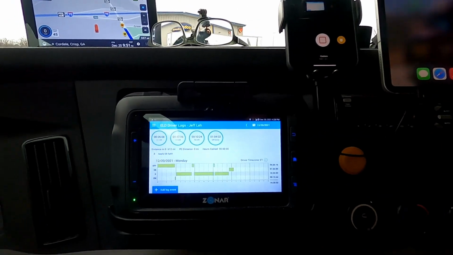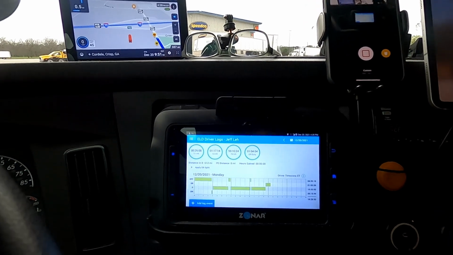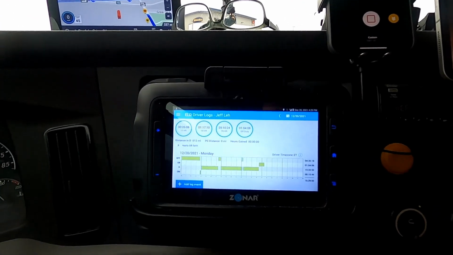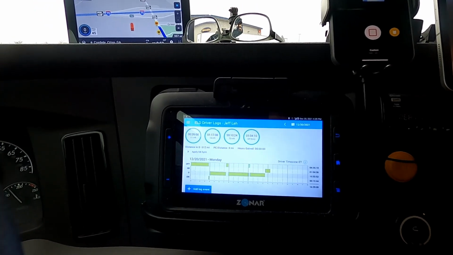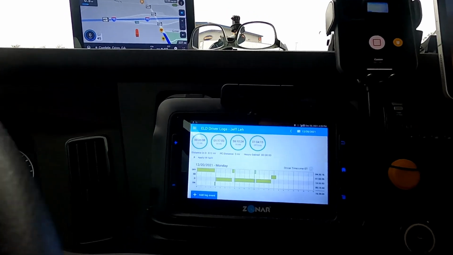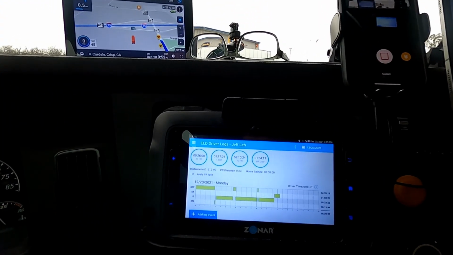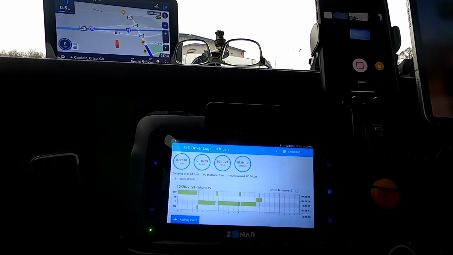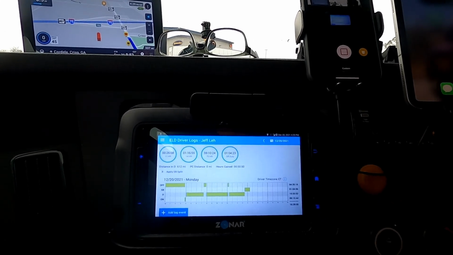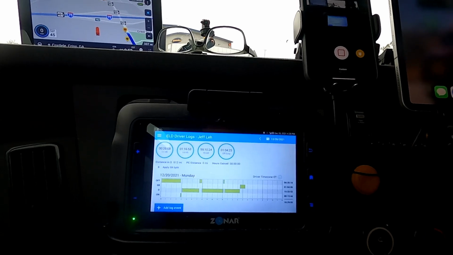So if an officer would pull you over, you basically put that into roadside view. You don't leave it the way it is now. You put it in roadside view and you hand him the whole tablet. That way he can't mess anything up. Whatever he touches is just for his viewing. And that's about it. If there's any questions, like I said, put in the comments. I can go a little deeper into it. If you have any more questions about this, I can also go into